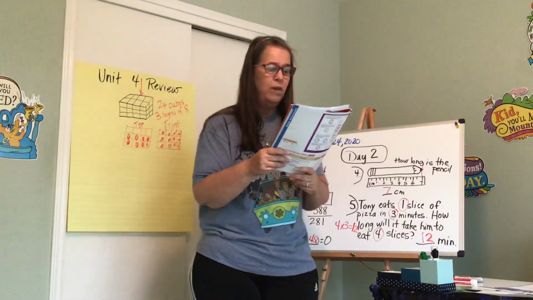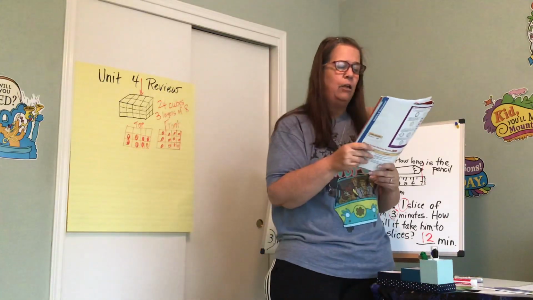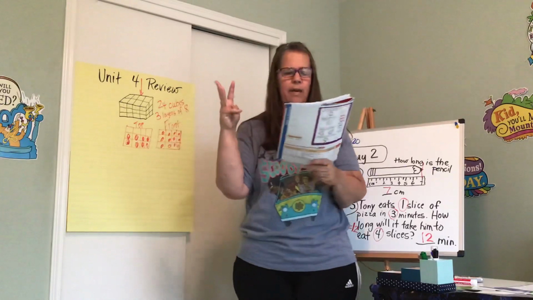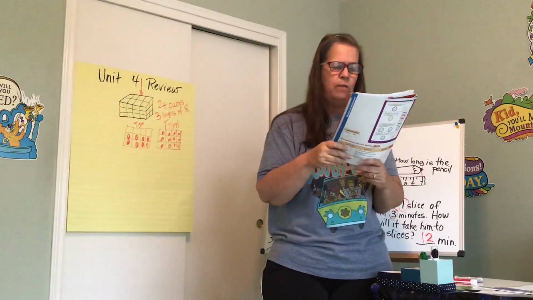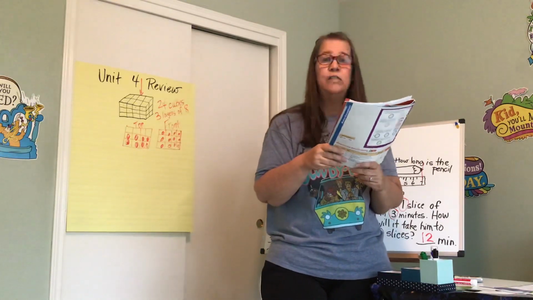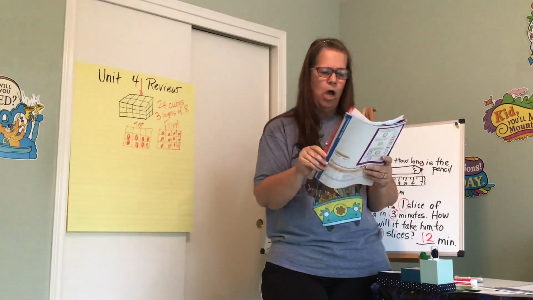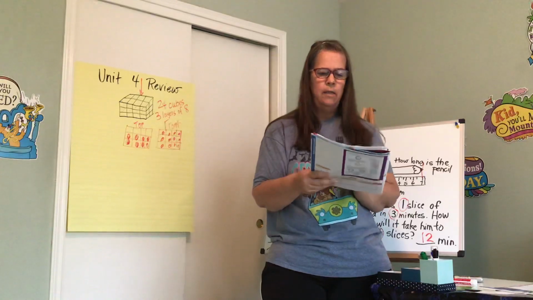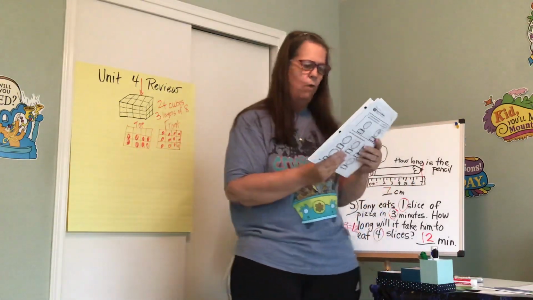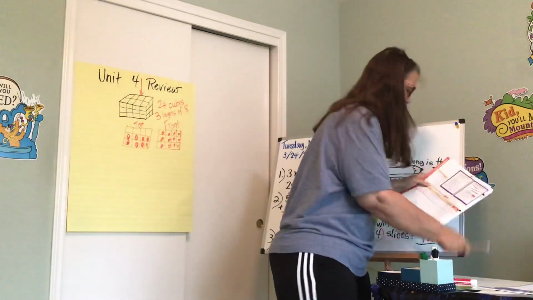Number 7, which of these solids is a rectangular prism? We drew one up here. Can you find it? It's number 3. And our number 8, which of the following shapes has 8 sides? Looks like a stop sign. It's the one in the middle. Very good. All right, your assignment is to complete the next 2 pages for